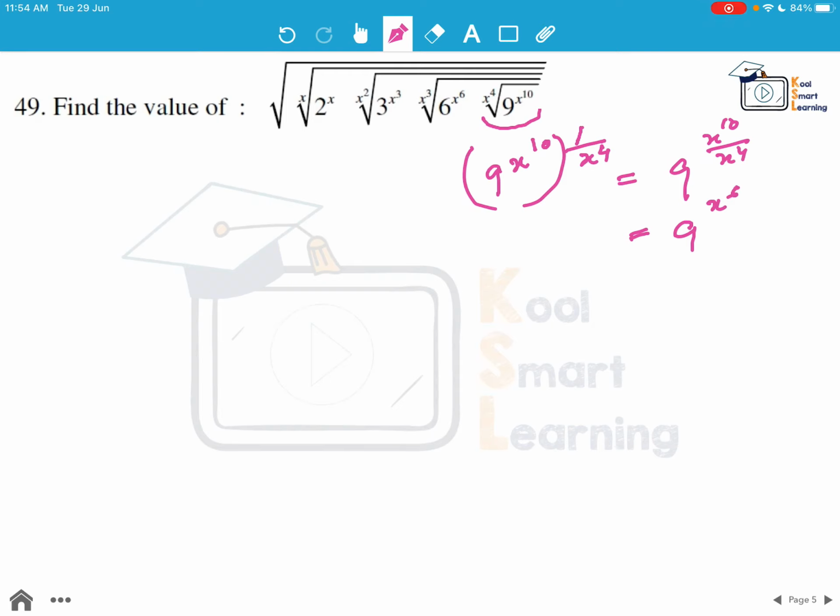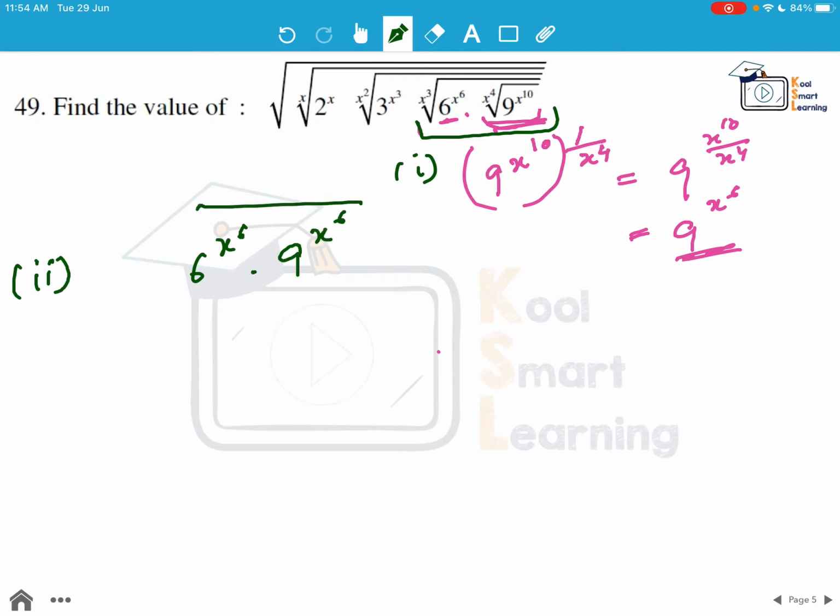So now we can replace this here as 9 into x to power 6, and this is to be multiplied by, so let's take a different color. Now we take this step. So this is the first step. Let's move on to the second step. We take 6x power 6 into, now this has been replaced by 9 into x power 6 whole power x by 3. So this is nothing but 54 x raised to power 6 by x cube. So this is nothing but 54 to the power x cube.